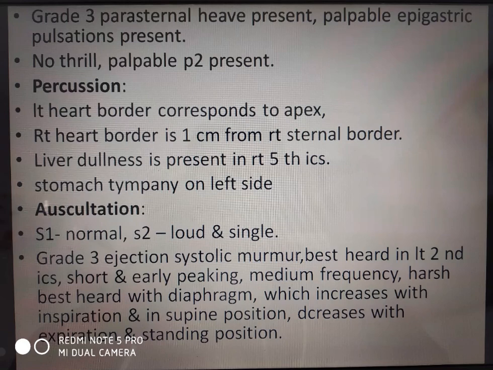So you should specifically look for pulsations in the second intercostal space due to pulmonary artery dilatation, and in the third intercostal space due to RV outflow dilatation. Those things should be mentioned. You should carefully look for that. Is it clear, Amit?